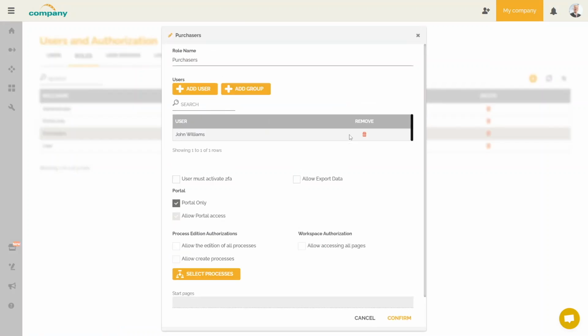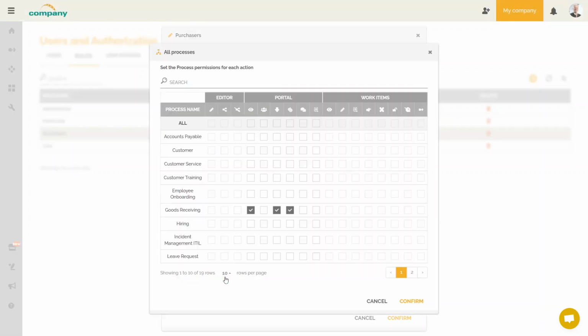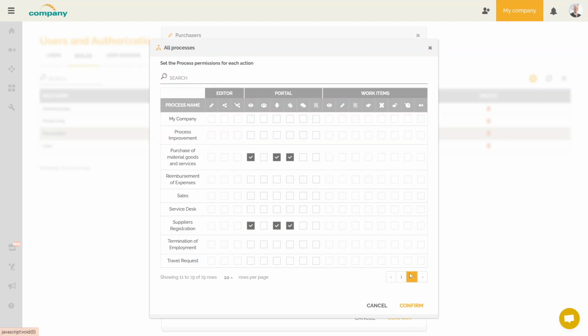We click on Select Processes. I will give the possibility to users who have this role to consult the process landscape, My Company. So I select the desired option for this process landscape. We click on Confirm.